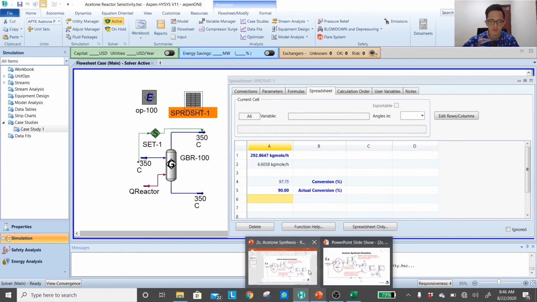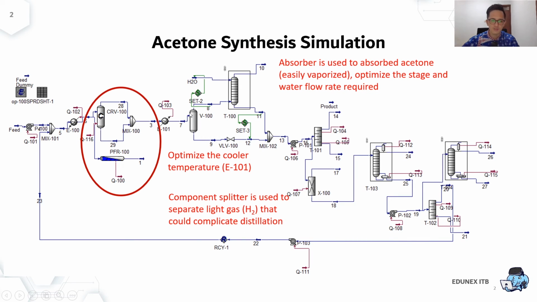So once I go back into my complete simulation in the next video, I will define my conversion reactor and I will define my PFR as 90%. I will not link the Gibbs reactor directly into my main simulation. Why? Because I don't want to use the unlimited reactor size. I don't want to use my maximum conversion size. It's going to be better if we directly use our selected actual conversion.